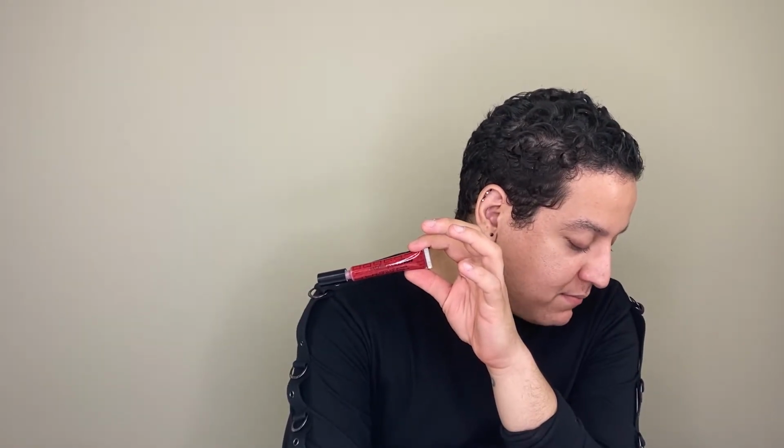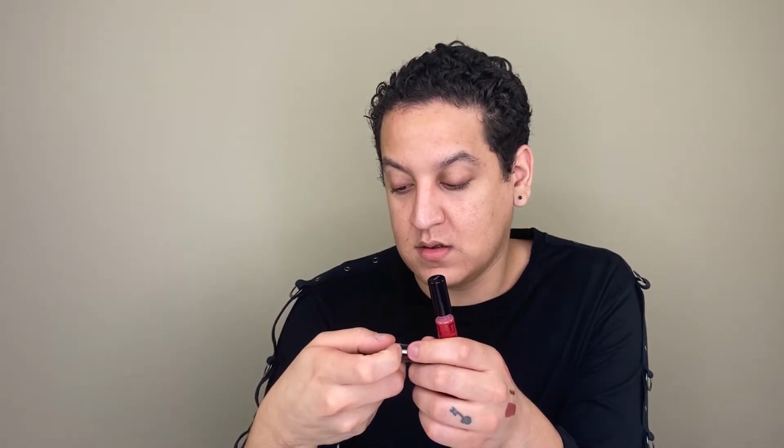Okay, for the glosses, they're $10 and it has 4.3 stars on the Ulta website out of 5 reviews. But it's 10 bucks for, how many ounces is this? This has 0.37 fluid ounces. So it's also the Ulta collection, which I think is, you know, kind of Ulta's way of